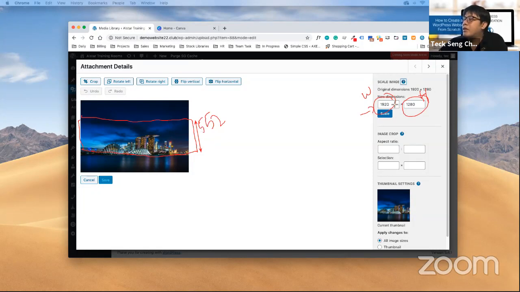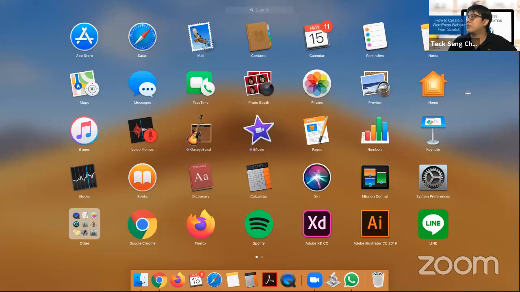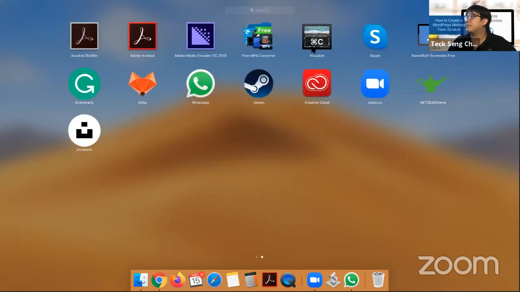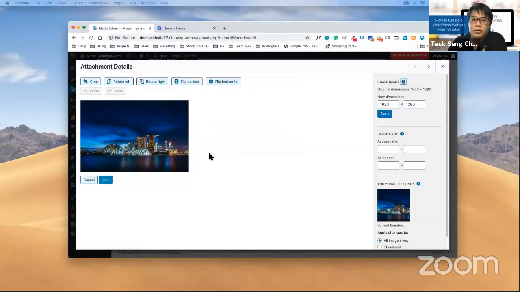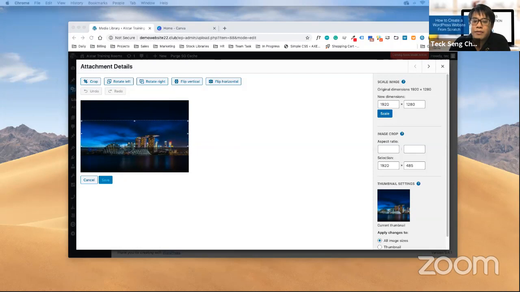So I can get my 1920 times 552. I know my width right now is 1920. So how do I select this area? What I can do is click on my mouse. Let me just activate my visual so that you can see my mouse click. If I click and hold my mouse, I can select the area. Whatever I select from left to right, I know it's going to be 1920. So the height itself, I need to select 552.